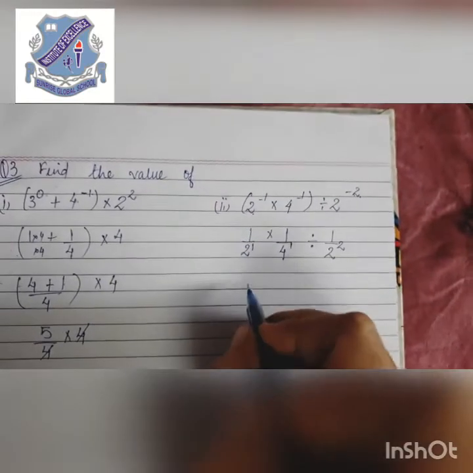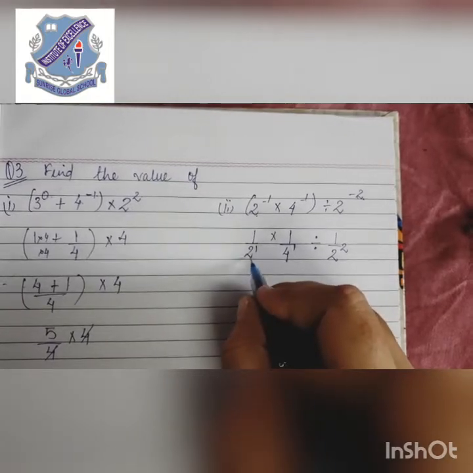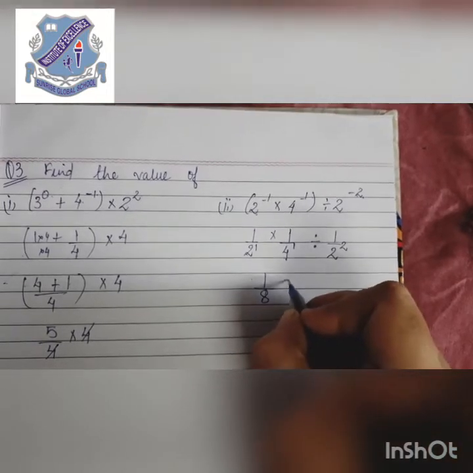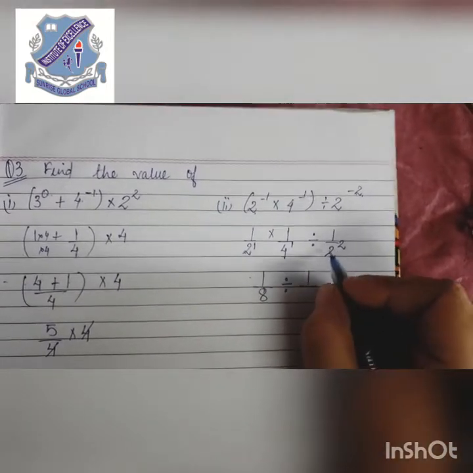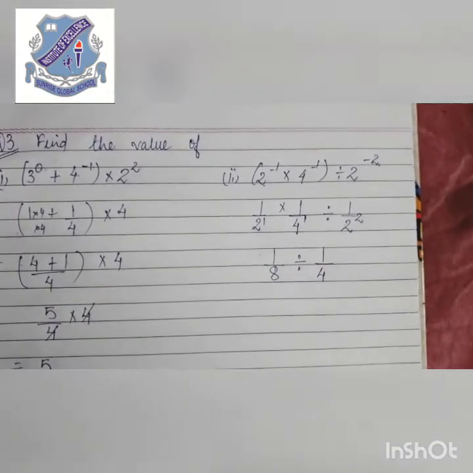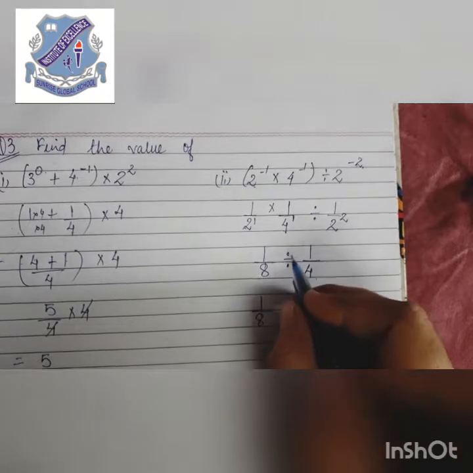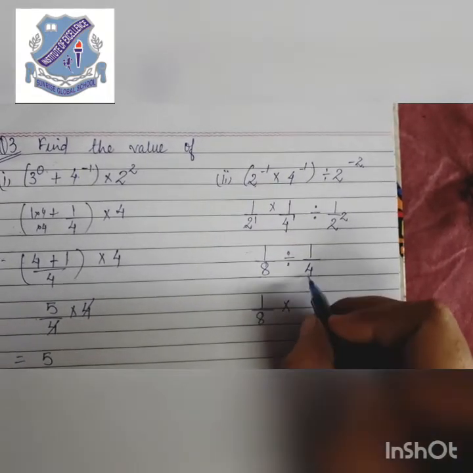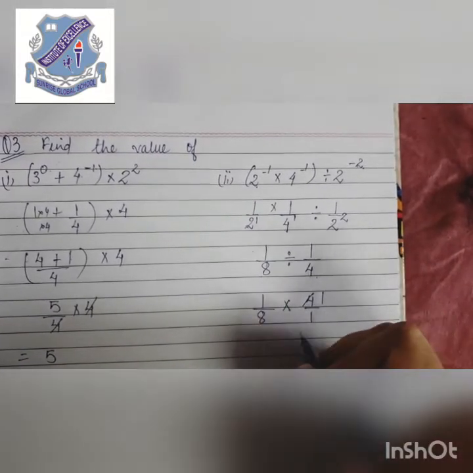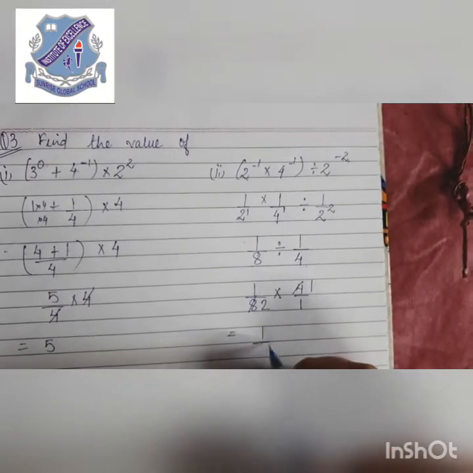Okay. So now when we multiply this whole scenario, we'll get that 1 upon, now here 2 4s is 8. So you can find that 1 upon 8 is divided by 1 upon 2 raised to power 2. That means 2 2s is 4. That is 4. Okay. So now while dividing both of this, you can use the method of reciprocal. We'll change this divide sign into multiply, and the 4 will go upside and 1 is over here. So this is how we will reciprocate it. So 4 1s is 4 and 4 2s is 8. So the final answer over here will be 1 upon 2.